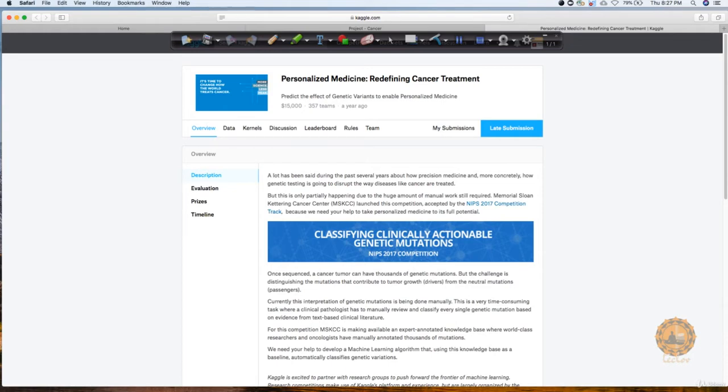As you can see, this problem is provided to you by the Memorial Sloan Kettering Cancer Center, MSKCC. This is a very famous center in the medical domain, and this was even accepted at NIPS 2017. So it's a very famous one. And this problem also had an award: whoever gave them the best solution, they were awarding that candidate 15,000 US dollars. This will also enable you to go and target these Kaggle competitions later.